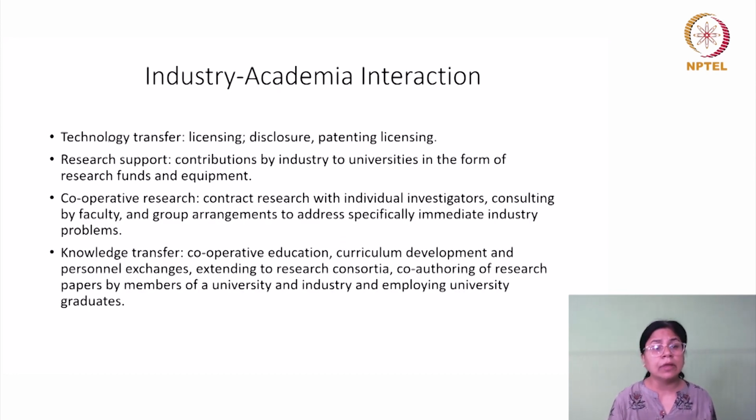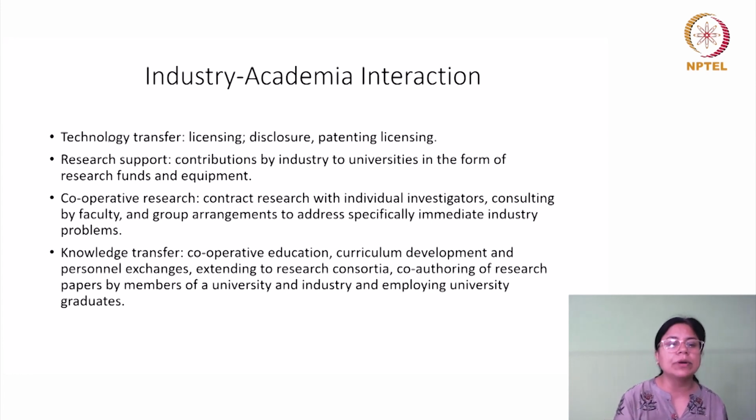So that means, from the academic point of view, the interaction with industry will entail technology transfer. That means licensing has to be done, and disclosure has to be done with respect to the particular technology. Patents which they are filing are being granted to the academic institutions, and now they have to be licensed as such. Like I said earlier, many times certain projects may come forward as a collaboration between industry and university. Then you have to find out what the IP and technology transfer related agreement would be.